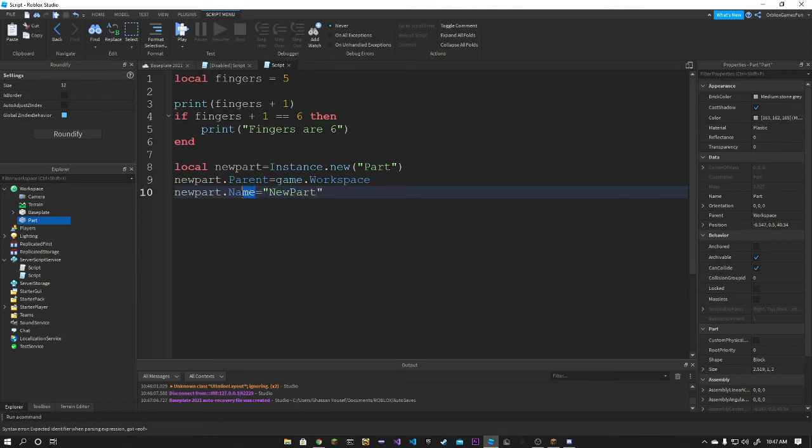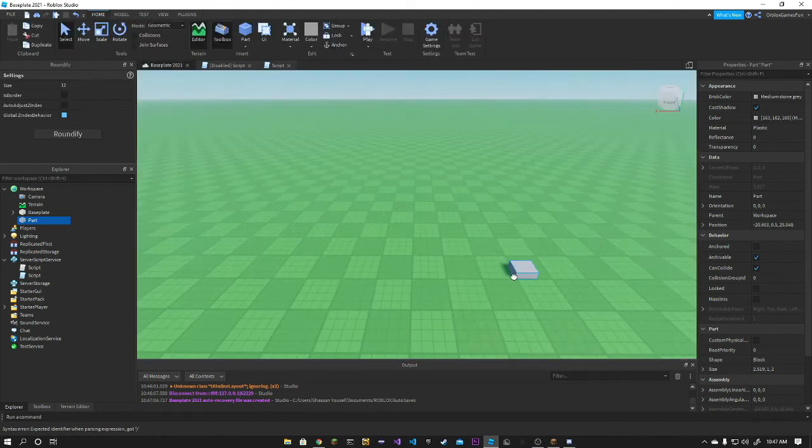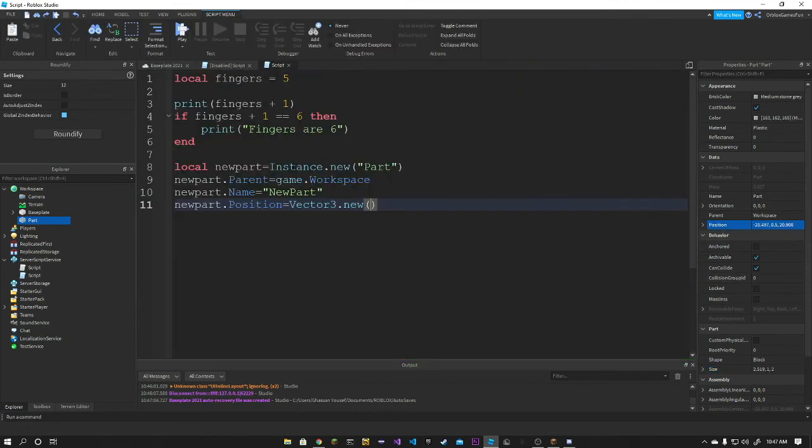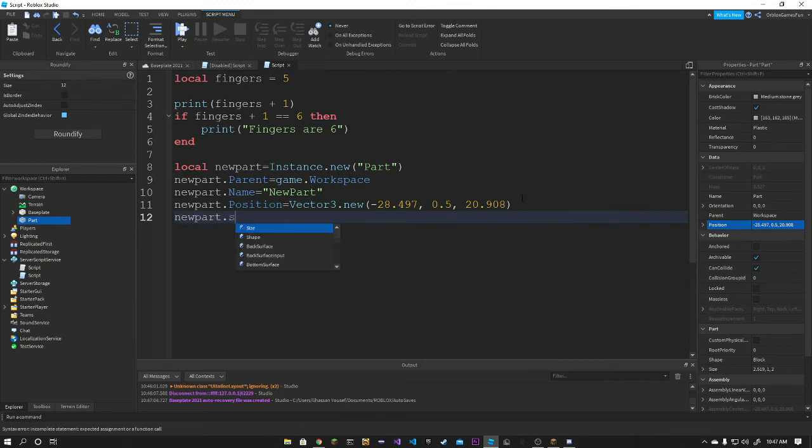What that does is set the name of the new part. And now let's say we want a new part dot position equals vector3 dot new, and we're going to make a new position. So I want to make it like over here, and copy that position, paste it in here. And new part dot size equals vector3 dot new, and then we're going to copy this,